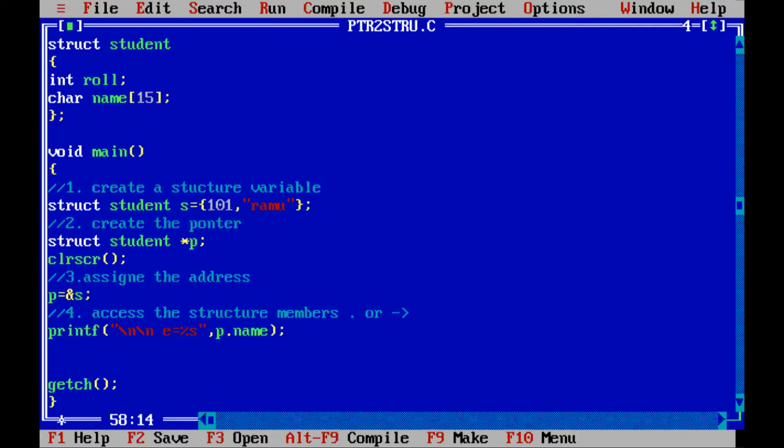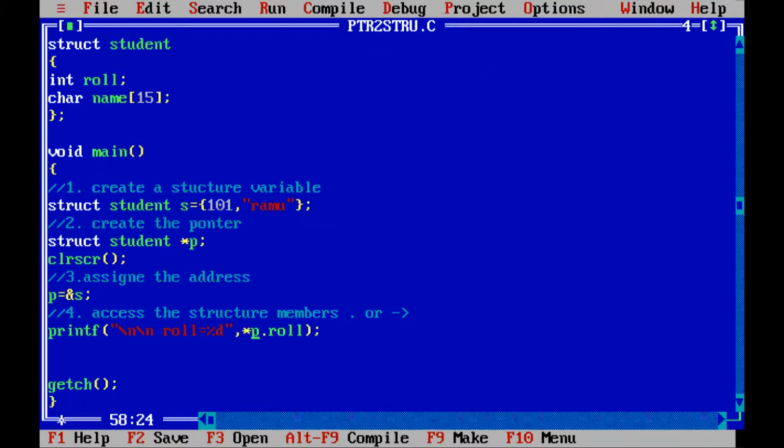So first member I'm going to access, it is a roll number. Roll number is percentile d. So with this pointer pointing to the student structure only, we have to access the first member. That member is a roll number. So first I'm accessing with the dot, P dot roll number. P means the address of the structure. We don't need the address of a structure. We need the structure at that address. For that, before that, we will write the star operator. That star operator is now representing the structure which is stored at that particular P we are talking about.